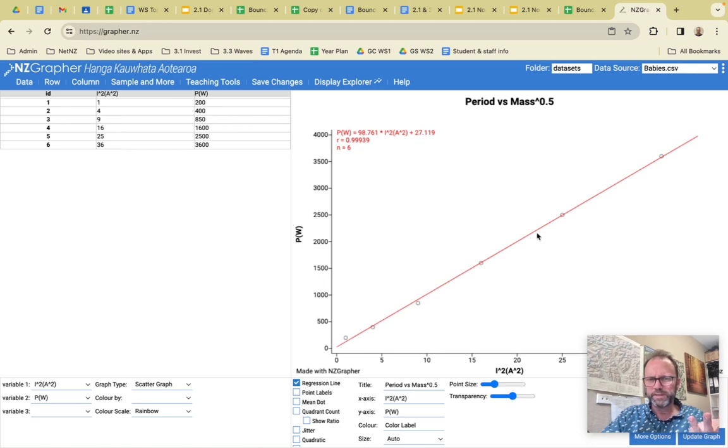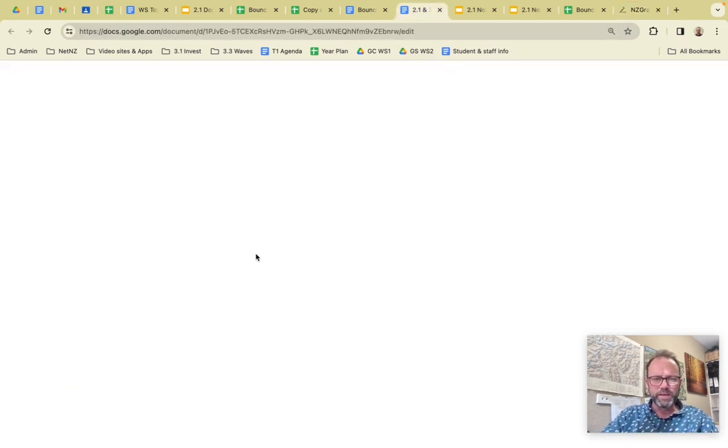The gradient of this is basically 100. The x-axis in this case is I squared, and there is a slight non-zero intercept. Now you could argue 27 is nothing in terms of the scale here, so you could argue that's 0. Well done. So that will be pasted in